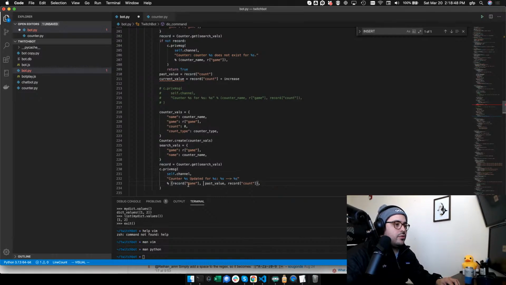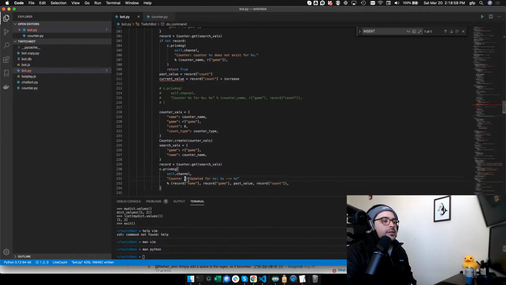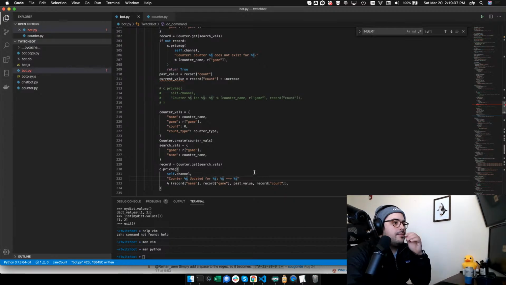And then basically I'm going to move this over here. So we have the name, the game, past value, record count, like so. So that way we can see the difference. Counter, duck fall, updated for science and technology, from 0 to 1, like so. Okay, cool. So we have our game,